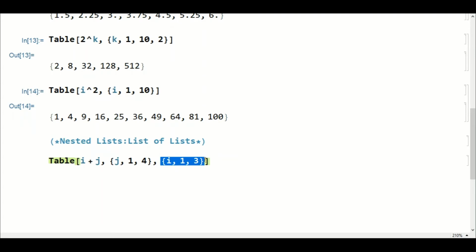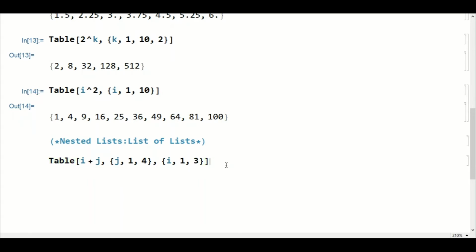So what will happen? First the value of j will be taken as 1, and then for j equal to 1, i will vary from 1 to 3: 1, then 2, then 3. Then the value of j will go to 2, and then i will go from 1, then 2, then 3. So this is how this nested list works.